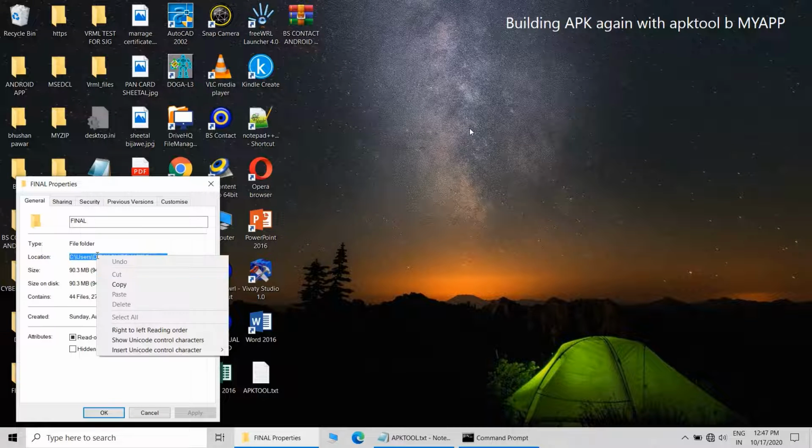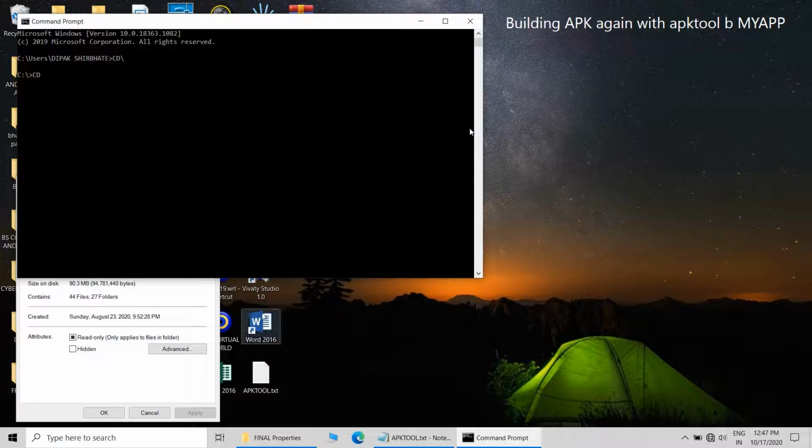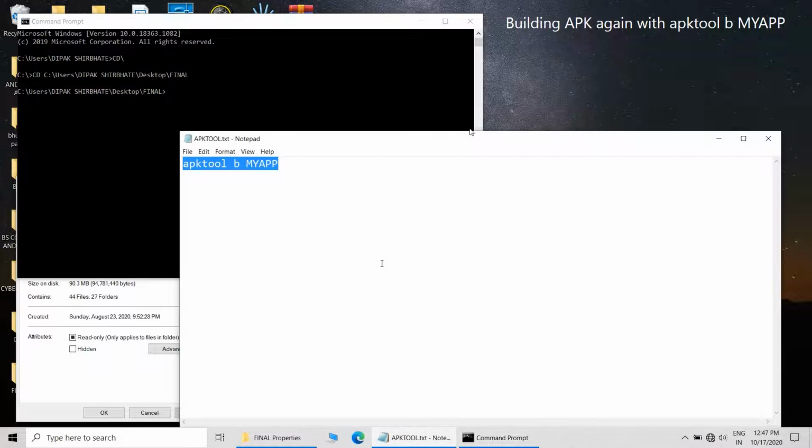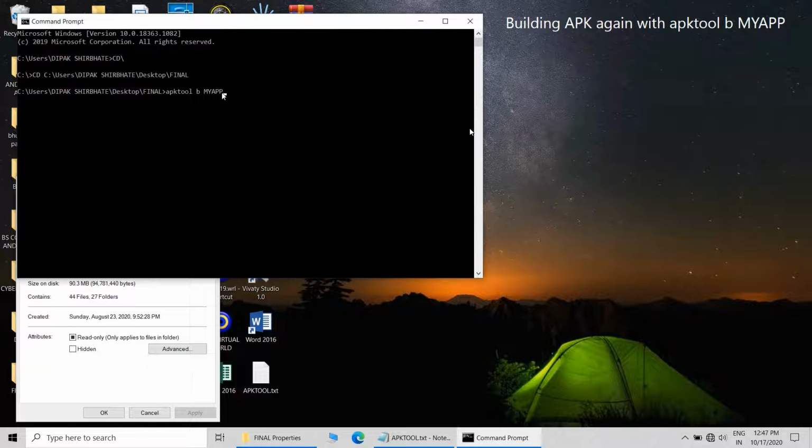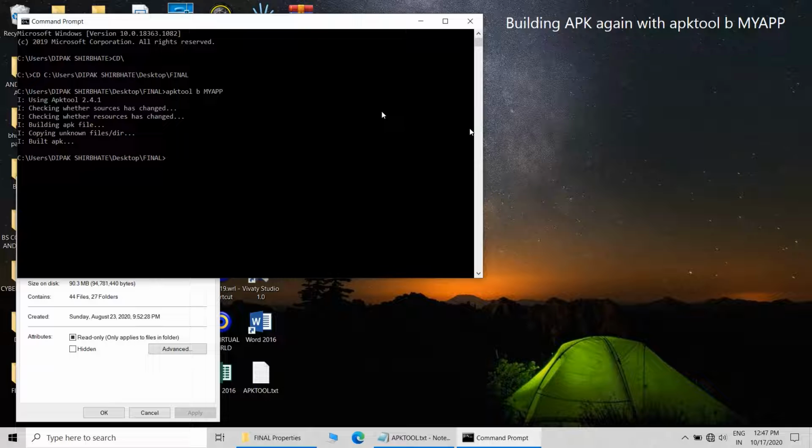This is the path. So the APK has been built actually.